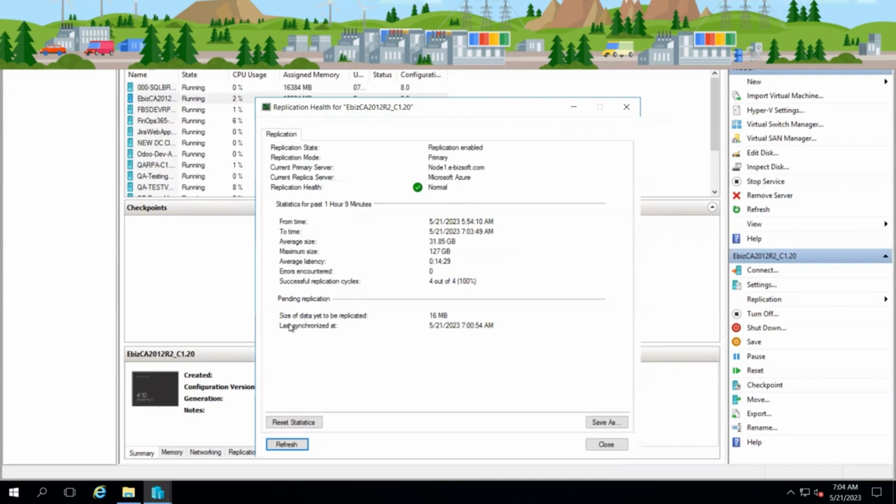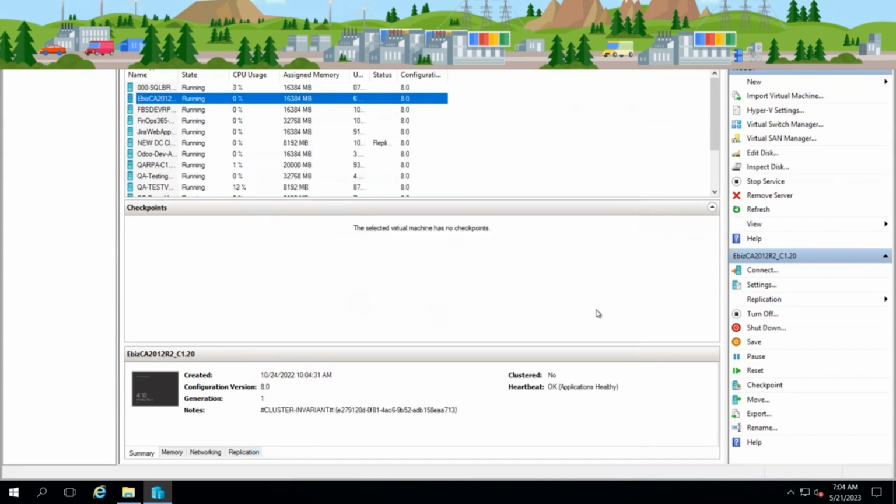And here you can see the size of the data yet to be replicated is 16 MB. It's showing the successful replication cycles: 4 out of 4 went completely successfully. And here you can see the maximum size is 127 GB. So it means that all the implementation which we did on the ASR side and on the on-premise infrastructure went well, because due to all these implementations, our VM is now replicating to